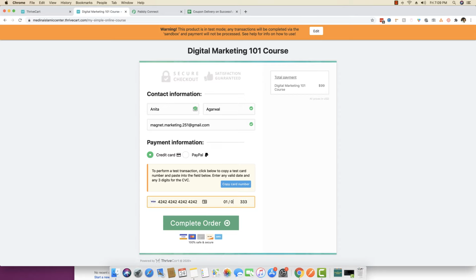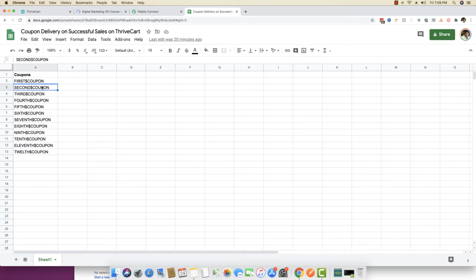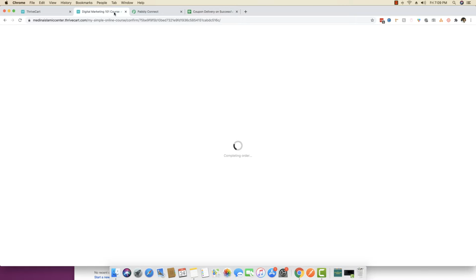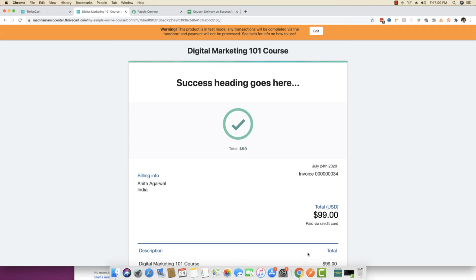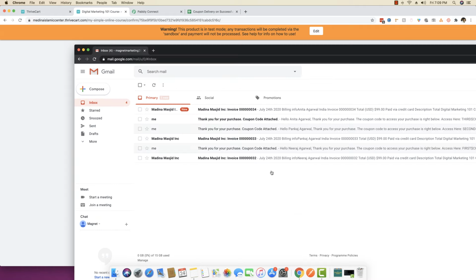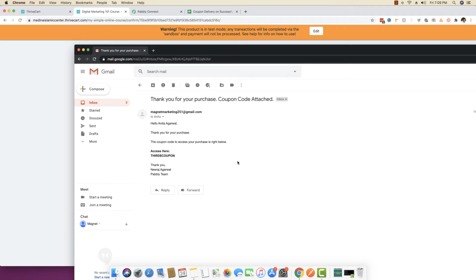Because this has expired, let me just use 12/22, and I'm just completing the order again. Now this should actually pick up the third coupon, because the second coupon is already delivered. And I can now go to my coupon code again, and it says thank you for your purchase, coupon code is attached. I'll just see, and the third coupon is now delivered.